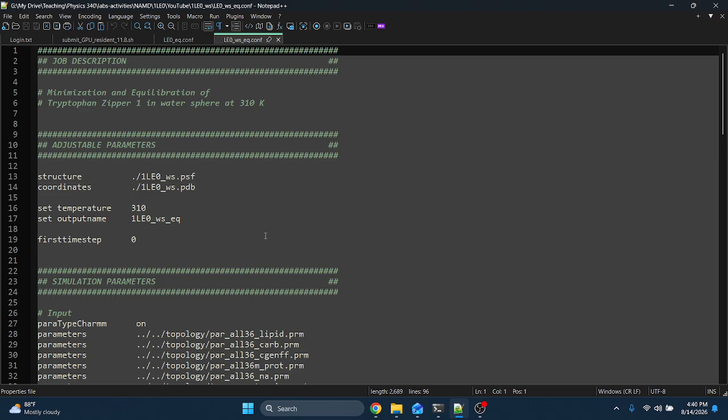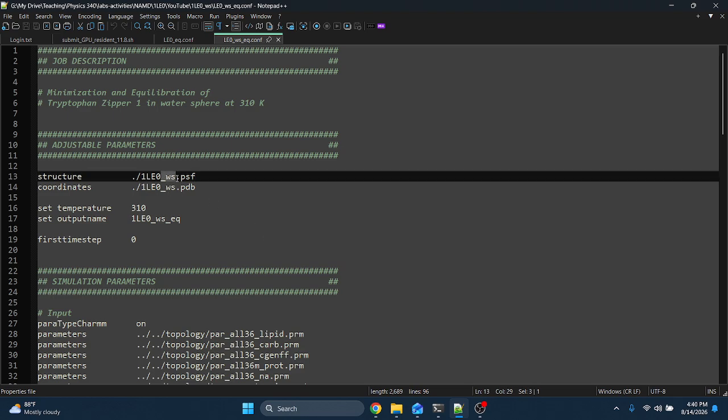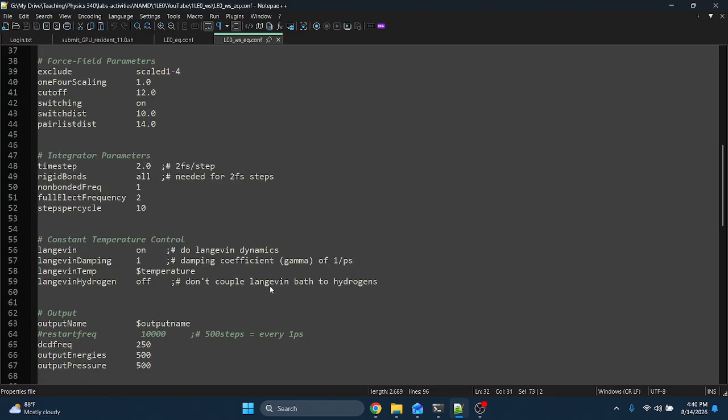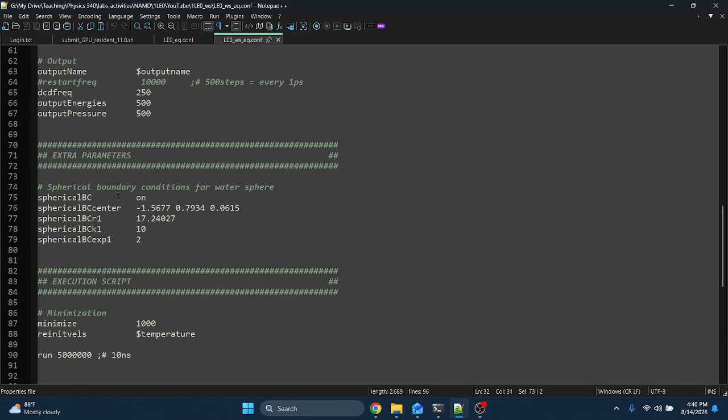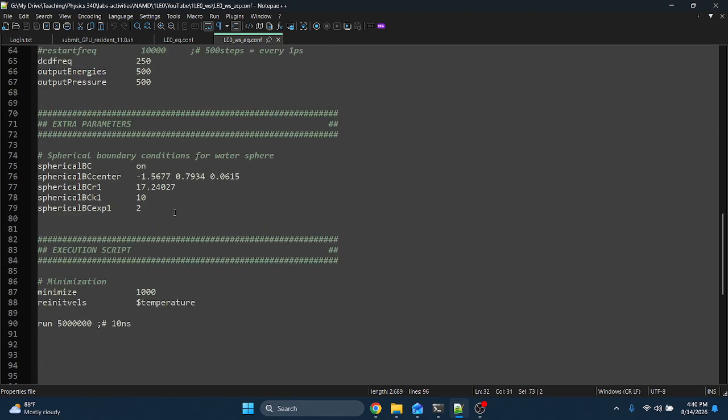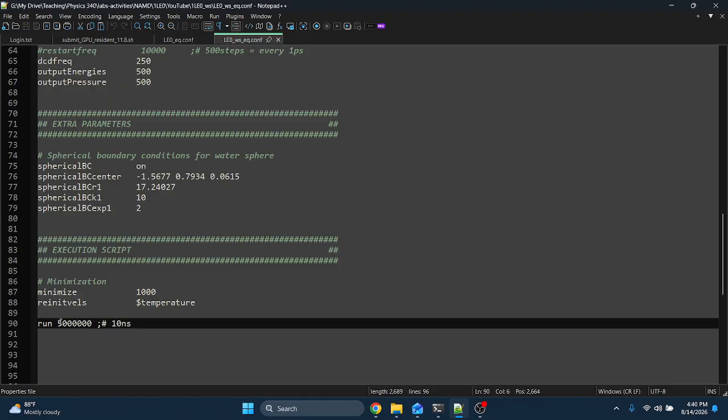For the solvated structure, it's all the same. I just have an underscore WS for water sphere, but everything else is the same, except we need a few extra parameter files for the water. And at the very bottom, we need to uncomment the boundary conditions, and it's important that you enter these boundary conditions from measurements on your solvated system. And I'll talk about that in another video. Okay, the number here is different, but when I run these, they'll all be set to the same number of